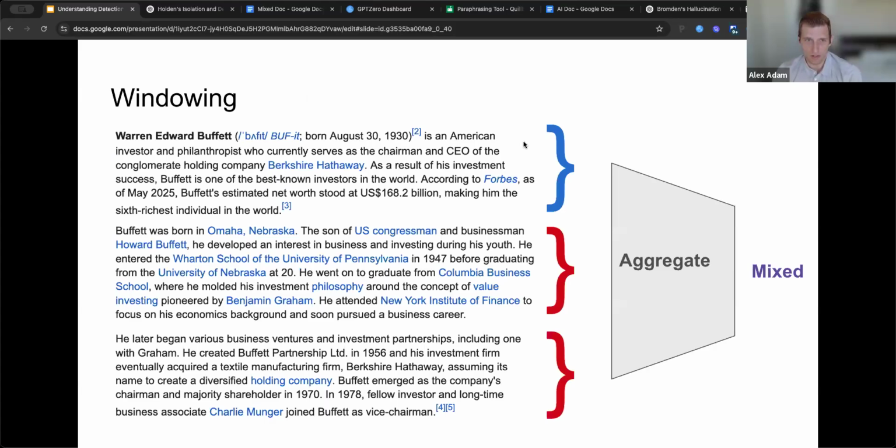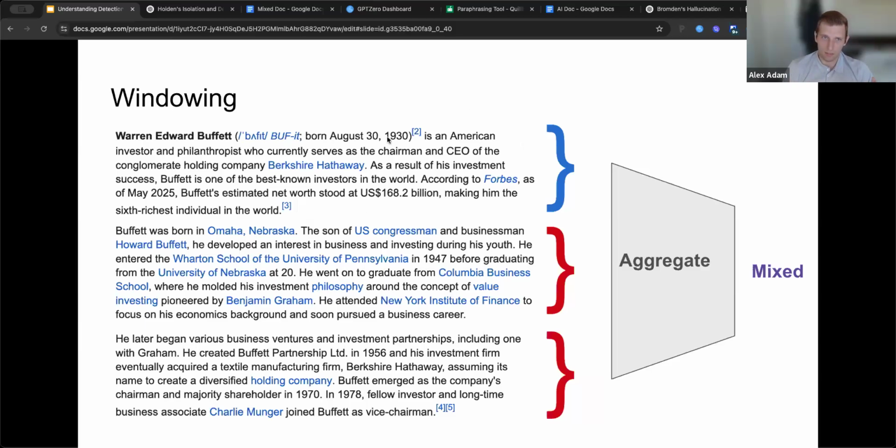One other thing I want to mention here is our detector doesn't look at all text at once. Actually, even models like ChatGPT have this concept of a window length or a context length, meaning that they can only consider so much input at the same time due to compute limitations. So in this case, we might actually be looking at multiple windows and aggregating those results.